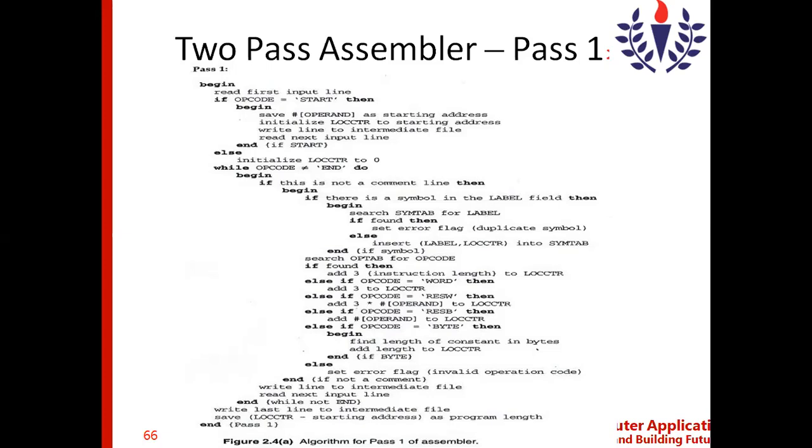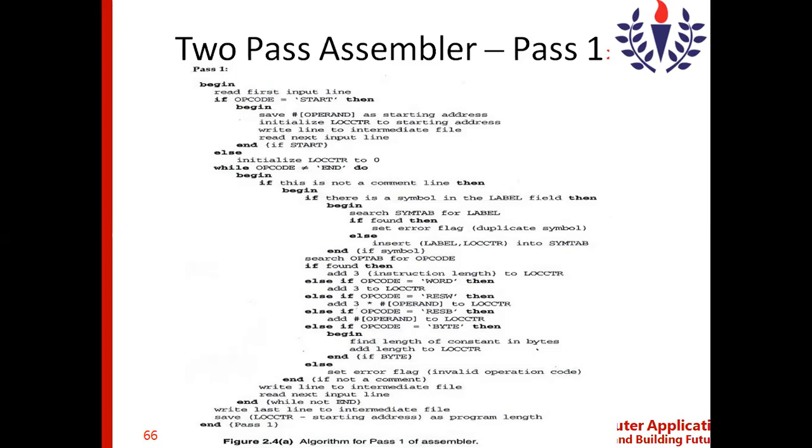As I have already mentioned, the location counter is a variable which is used to keep track of the address of each and every instruction. As you know, the pass1 algorithm by itself does the assigning of addresses to each and every instruction. So we have to understand that as you move forward through the instructions, the address has to keep on changing.